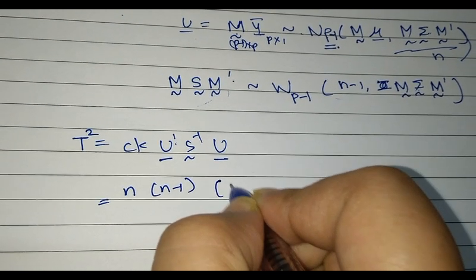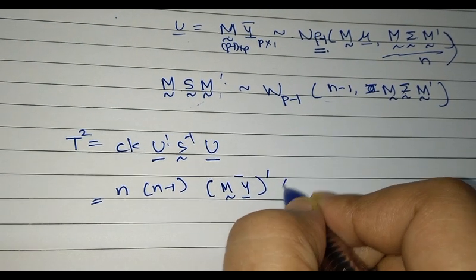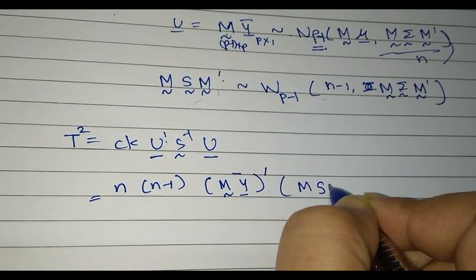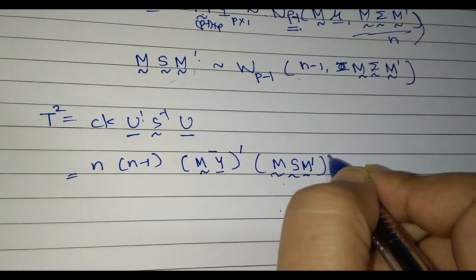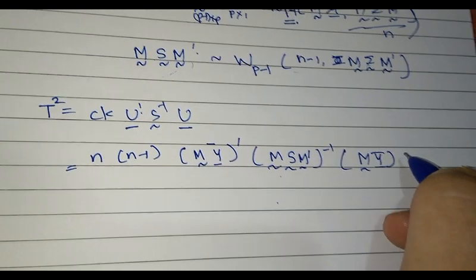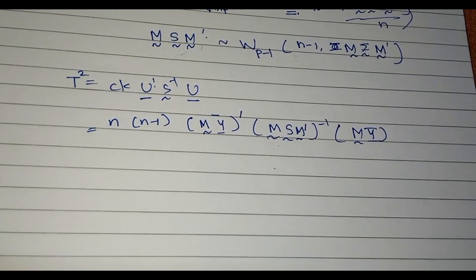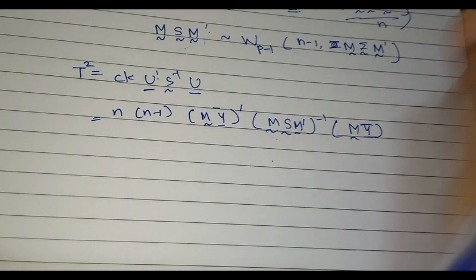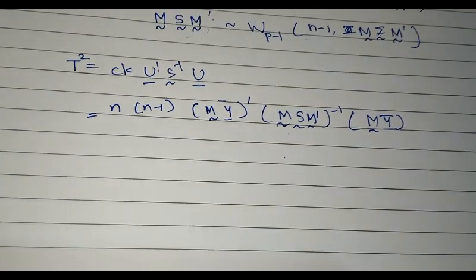My U is M Y bar prime. S is M S M prime inverse and U is M Y bar. Okay. So this becomes my T square, and we again will go to the same setup,